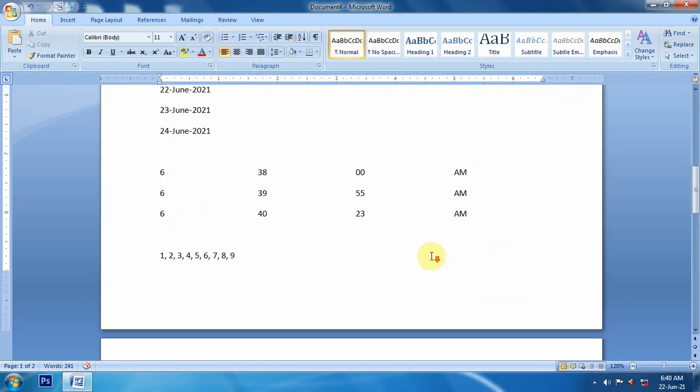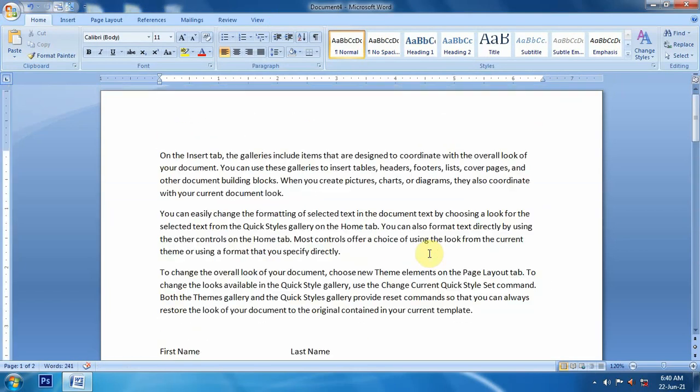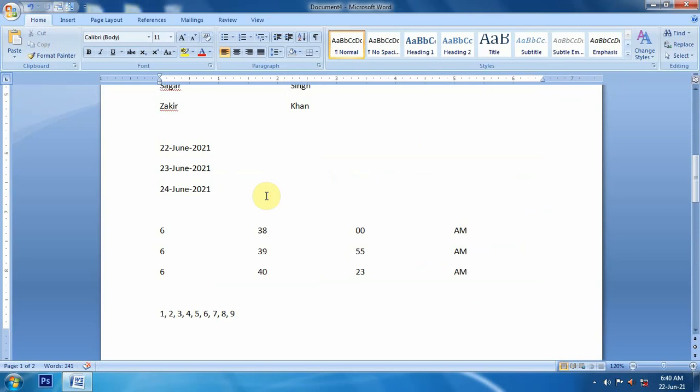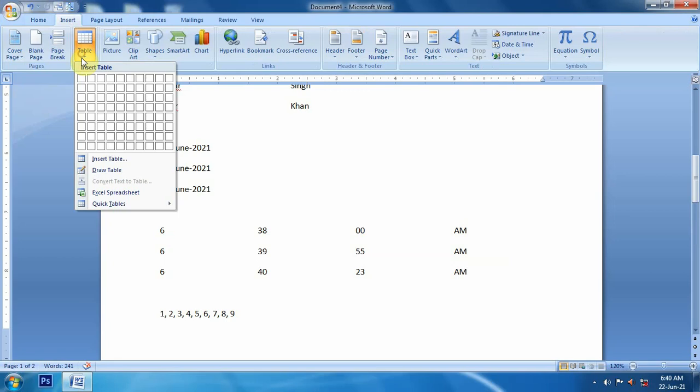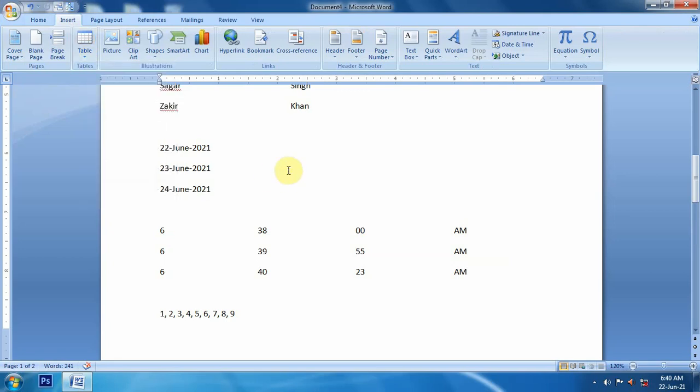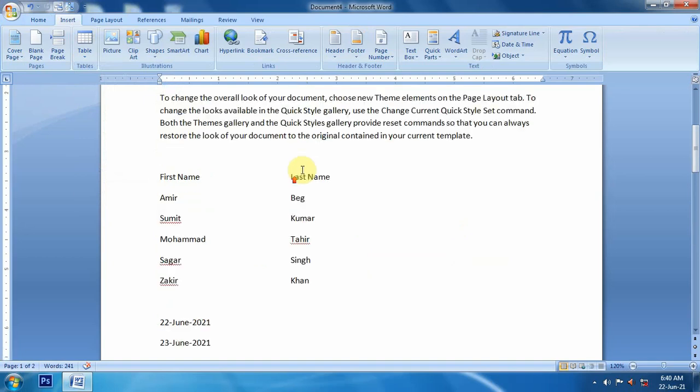Automatically all data will be converted back to text again. So these are the options that we can apply, and from here we can do all these things. We can convert text into table based on some conditions.